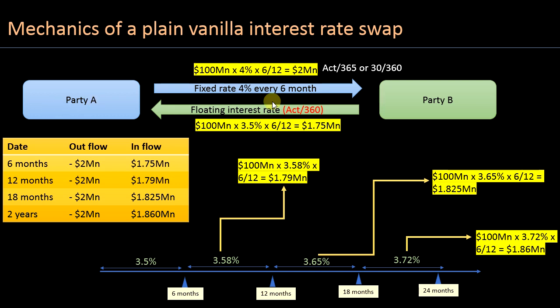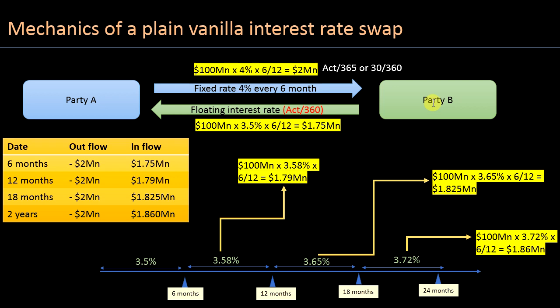So you have two parties, party A and party B. Now this could be two different firms, or it could be a firm and a financial institution, or A and B can be simply two different banks. So what you see here is that A is paying fixed interest rate of 4% with semi-annual compounding every 6 months, and A is receiving a floating interest rate from